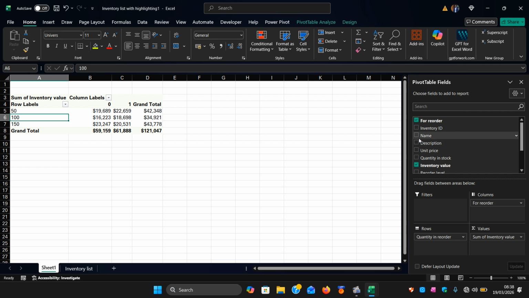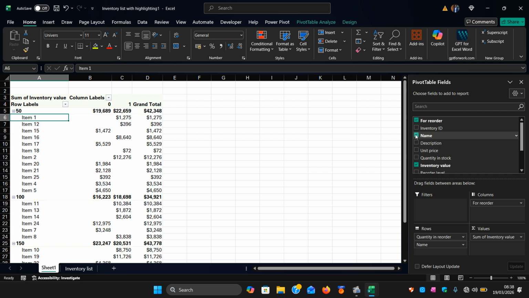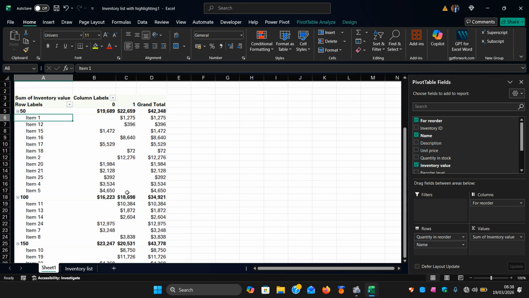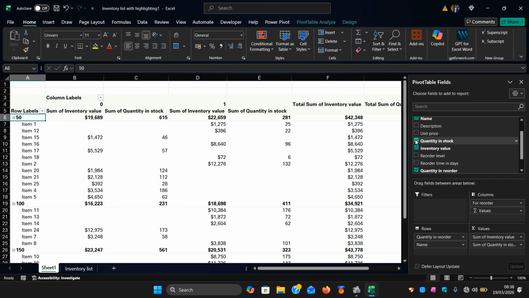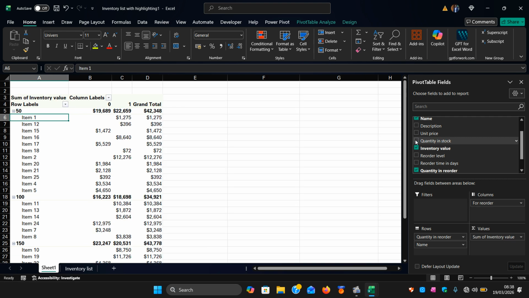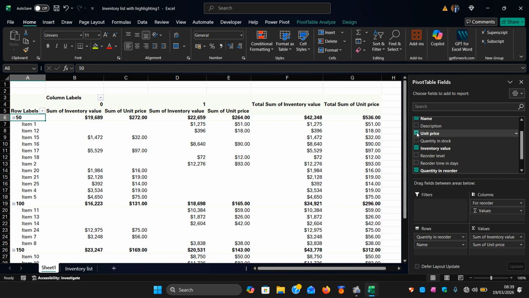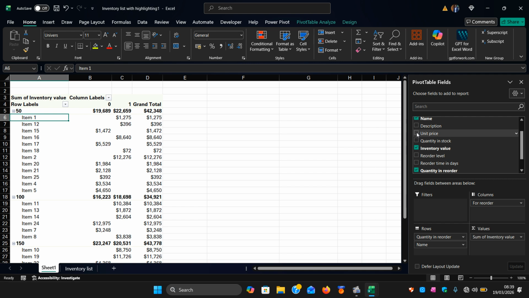You can say you need the name of the item or the name of the drug. So the moment you click, you will see that you have the name of the drug, and then you also say maybe you need the quantity in stock. You can check it if you need it, and then you see how this behaves. But if you don't need it, you just click and it goes off. Or you may say you need the unit price. You click the unit price. If you don't need the unit price, you just take it off. All right. So this is how you play around with pivot tables,